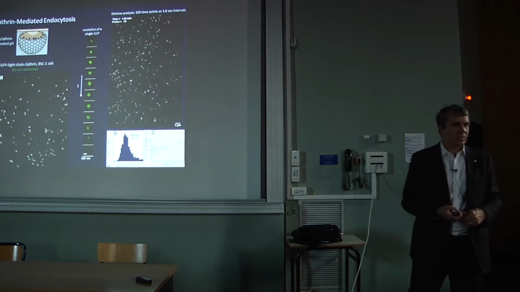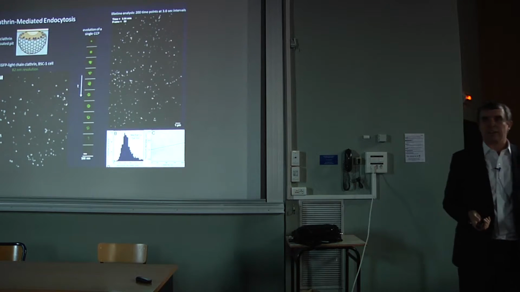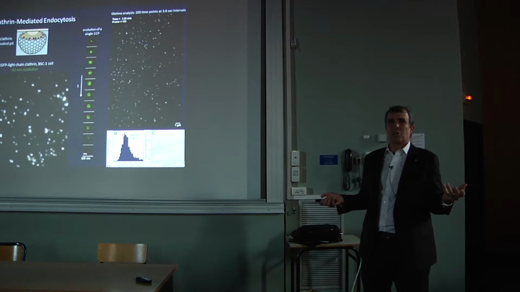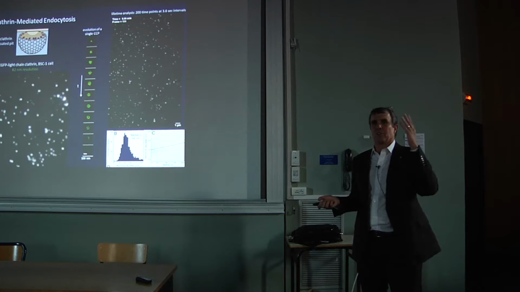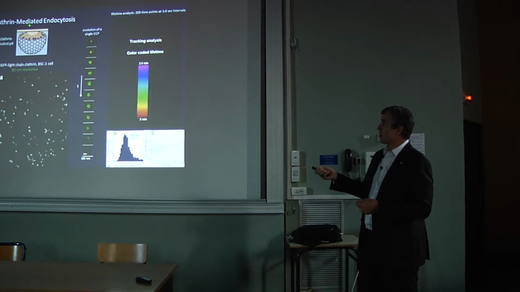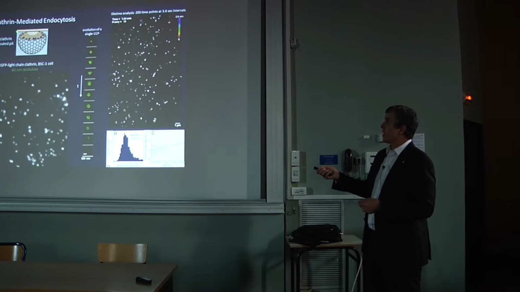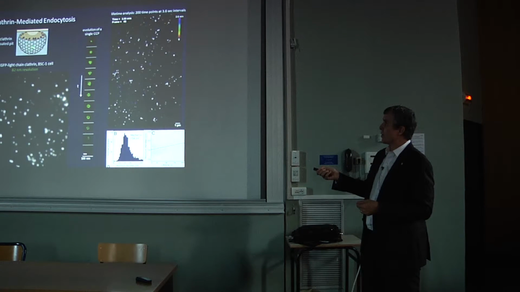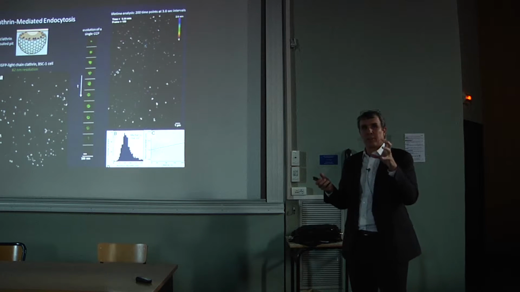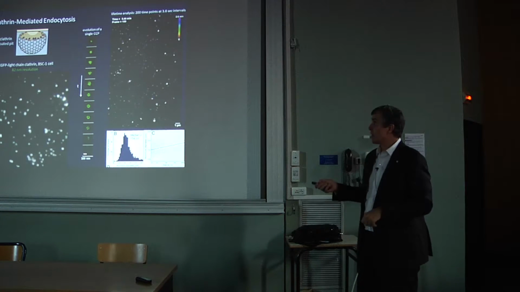So we've used that to study what's known as clathrin-mediated endocytosis. The plasma membrane of the cell is the gateway of the cell, and obviously cargoes need to get into that cell. One means is these molecular cargoes come to the membrane, dock, and then there's an invagination of the membrane controlled by this protein called clathrin, which forms this basket that then pinches off the membrane.